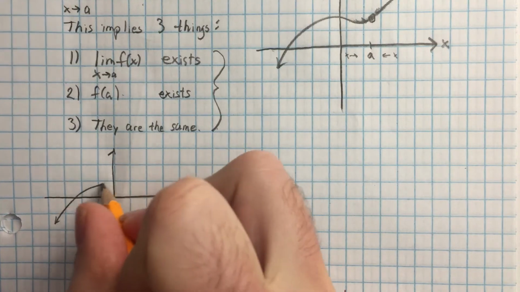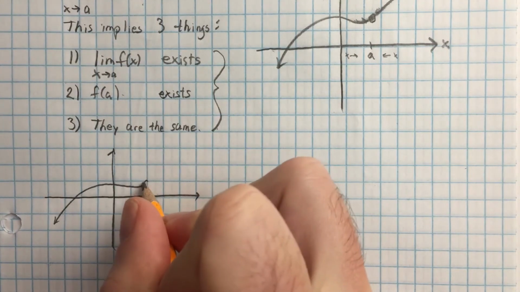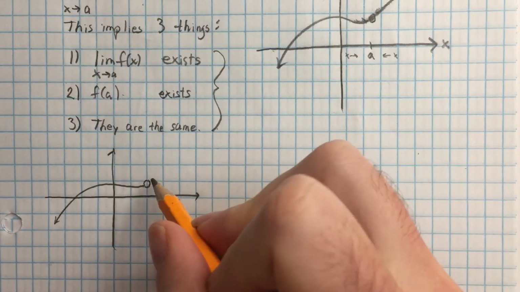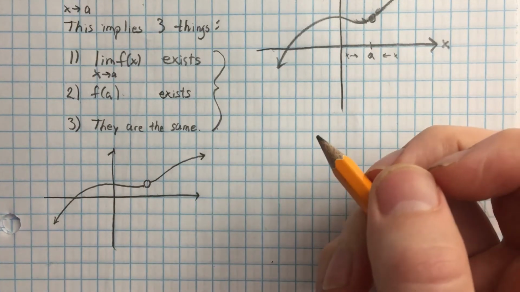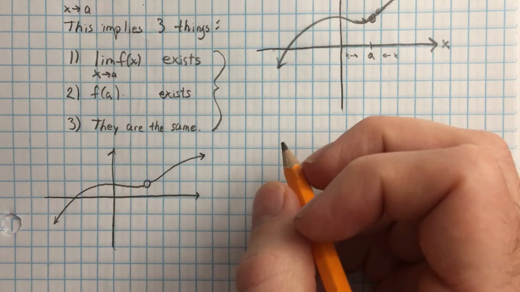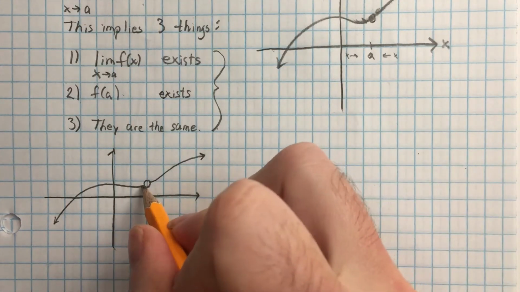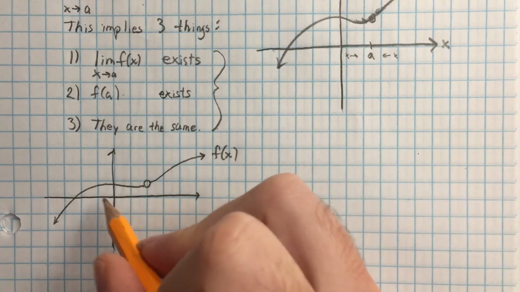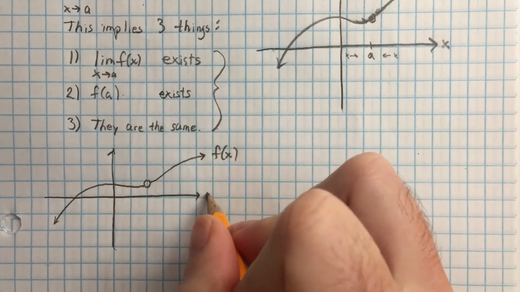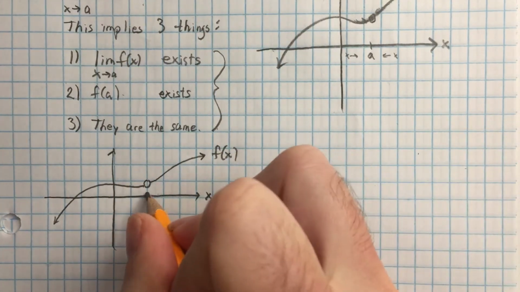Here's our function. If you have a hole there, it already renders it discontinuous. There is a break in the curve. We have to jump from one location to another in a non-connected way. Now, call this A,